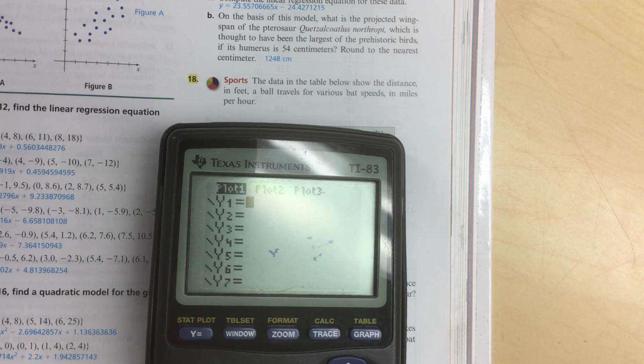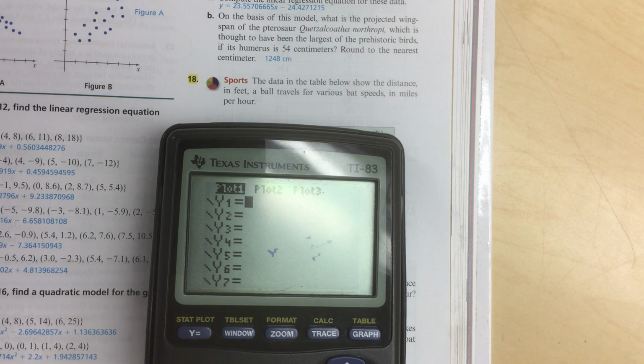Enter, and then go down, and now your plot 1 is turned back on again. It's like a light switch. You can go up and turn it off and on. And the numbers are still in my table. The numbers are there, and plot 1 is all set to do L1 and L2, but I just have it